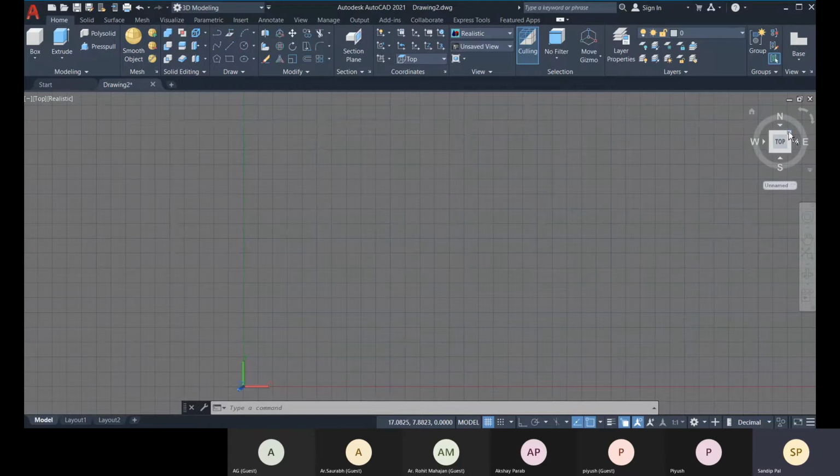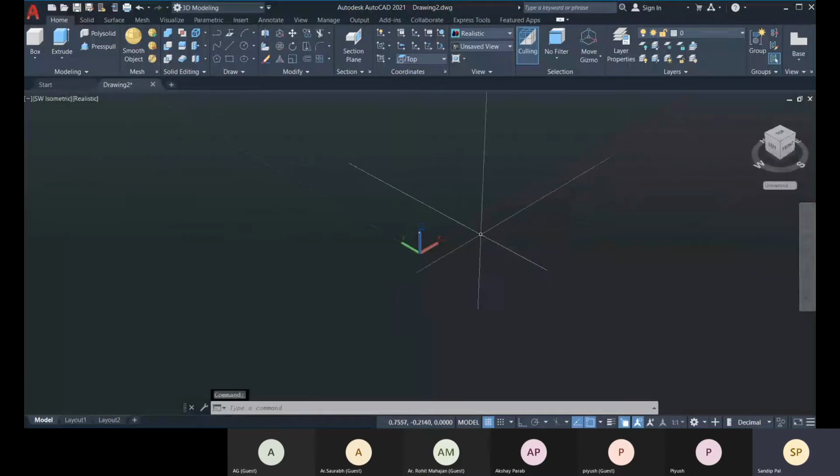Click on any of these four corners. So you see these four corners. This corner is southwest, this corner is southeast, this corner is northeast, and this corner is northwest. So according to your requirement, you click on the corner. Okay, and here, as you can see,